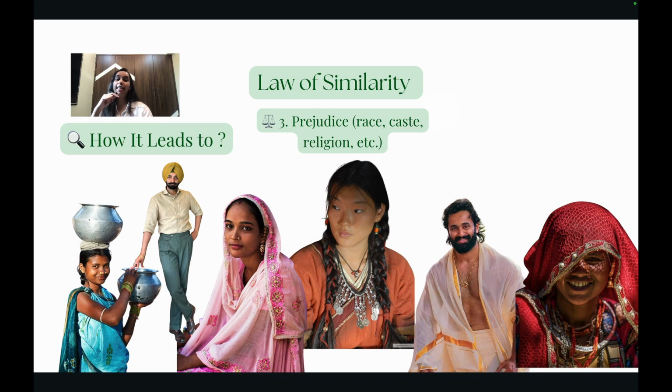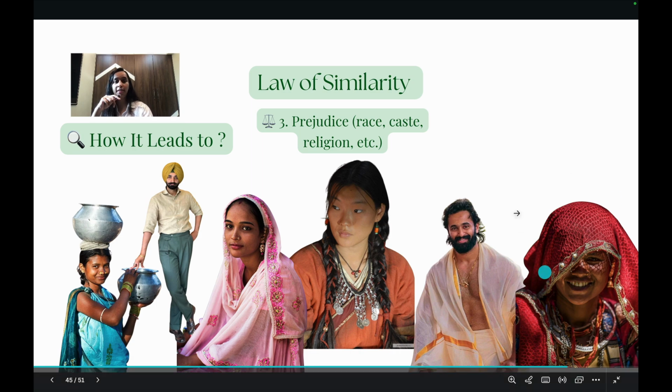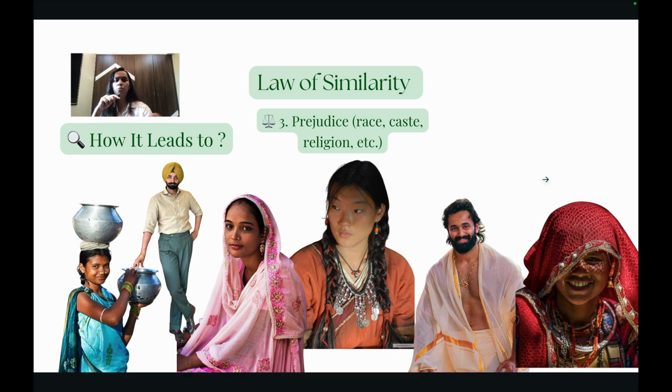Then the law of similarity also explains why prejudice is increasing so much in today's world. We have started to understand people like, if they are from this culture, they are going to be thinking a particular way. So this could be someone, say, from the Sikh community, or from the Islam community, or someone who belongs to the Northeast area, someone who's a South Indian, someone who's a North Indian. There is a prejudice for each one, that all Sardars are dash. Fill in the blank for yourself. You will start to get aware how strong your prejudice is.